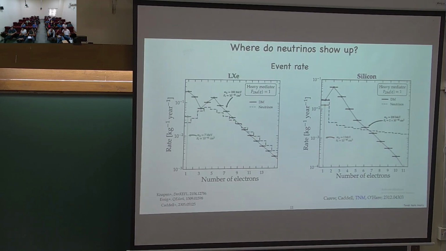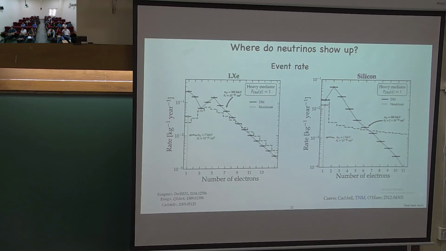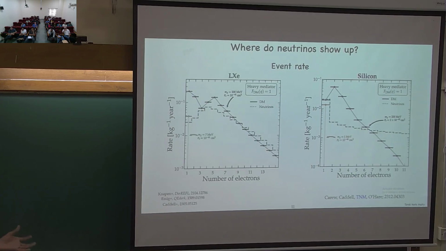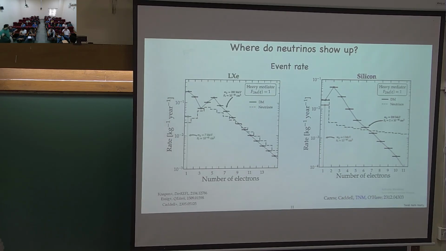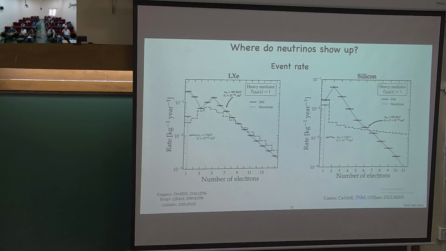The number of electrons here is just a proxy for recoil energy. If it is 1 electron, you can think of it as just producing an ionized electron from the outside of the cell. This is just, let's say, 10 or 11 eV or so. So how did they compute this number of electrons? How did they compute this cross section?